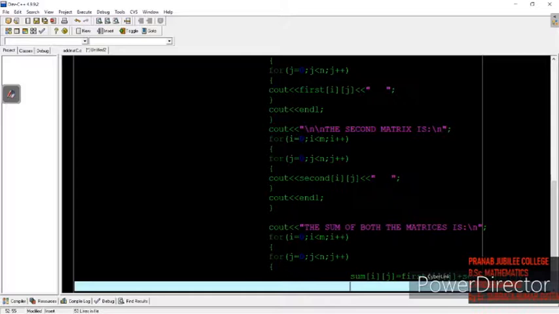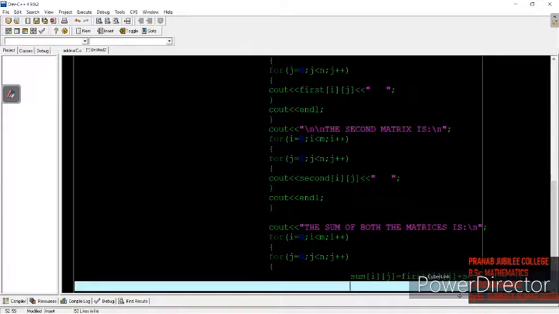At a given point of time the values of i and j will always be the same for all these three matrices. If i is 2 and j is 3, then it will be 2 and 3 for all three matrices at that point of time.